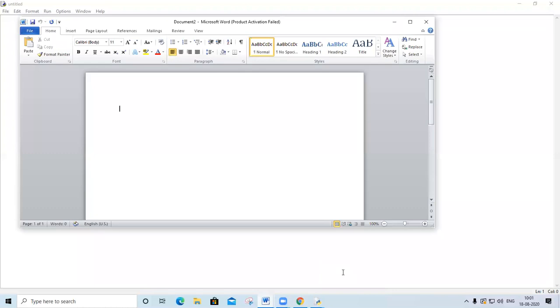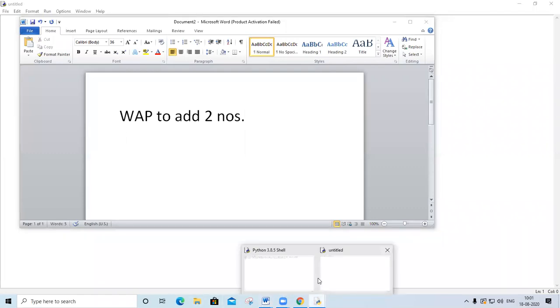Also you do one thing. First program you write today: WAP, write a program to add two numbers. Okay, and numbers you have to input.